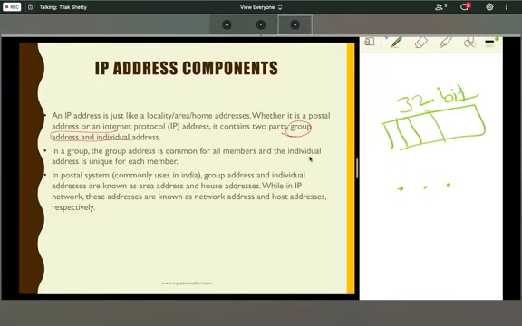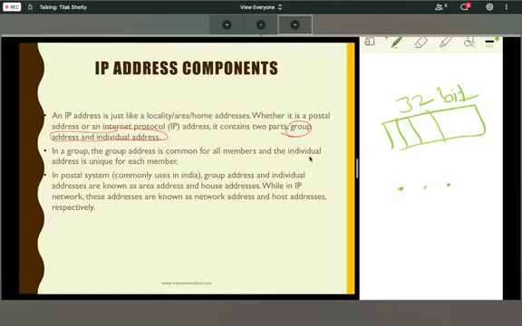Actually, yesterday you were explaining about building number and the house numbers. So I think it is similar to that. Building can have one address, but door numbers or house numbers would be different.